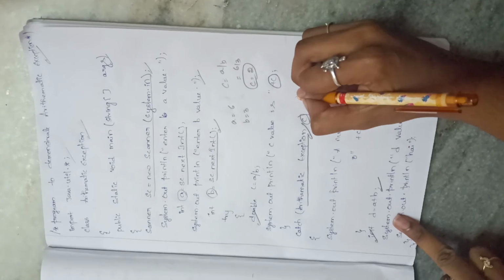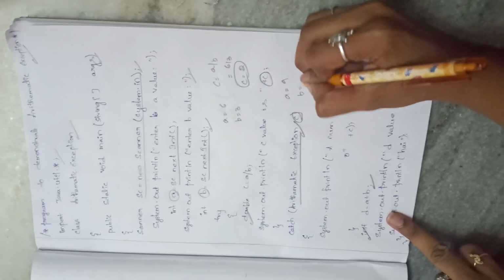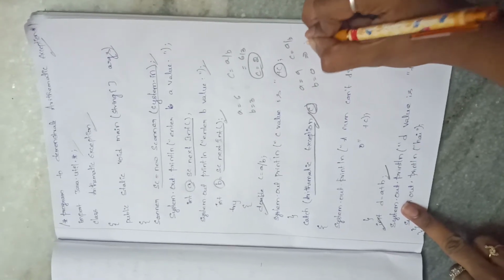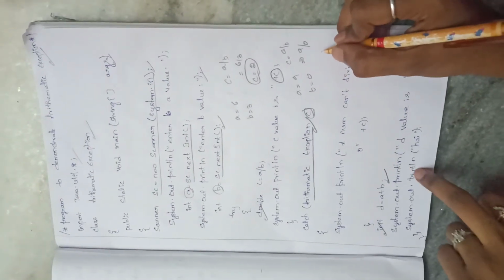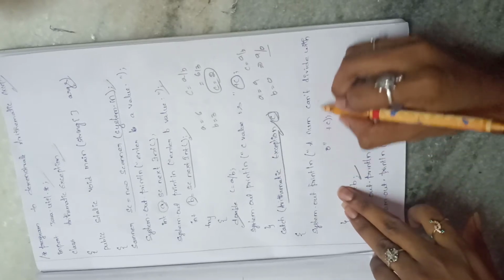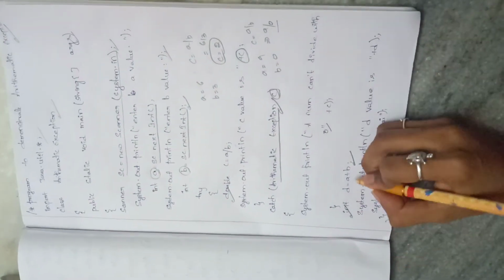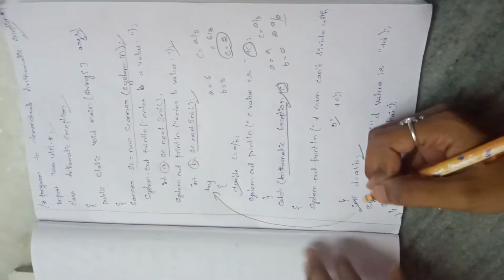Suppose we take the value a equal to 9 and b equal to 0, and c is performed as a by b, that implies 9 by 0. Any value which is divided by 0 is undefined, so it is printed as a number can't be divided by 0, and d equal to a plus b is moved to the try block.